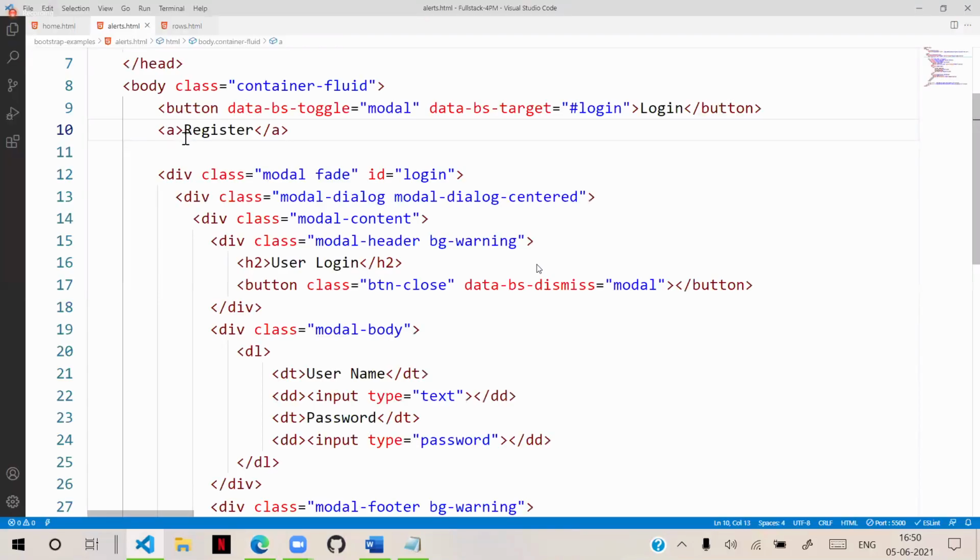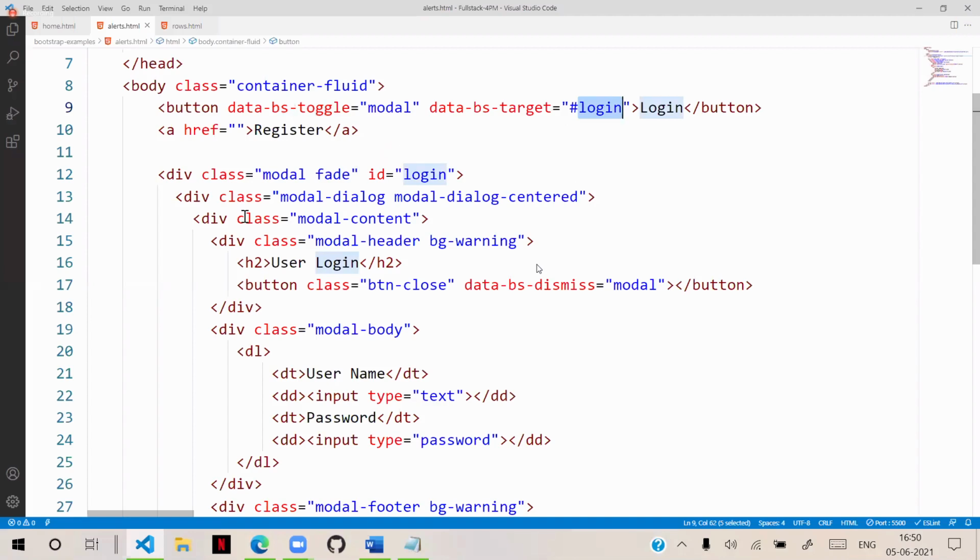Generally when you give the link, it has href. Currently we don't want it as a plain link. Href is clickable. That means it works like a toggle. So href, toggle and target. That means with href, we have to tell which target to open. Href defines the target. You have to tell which target to open.